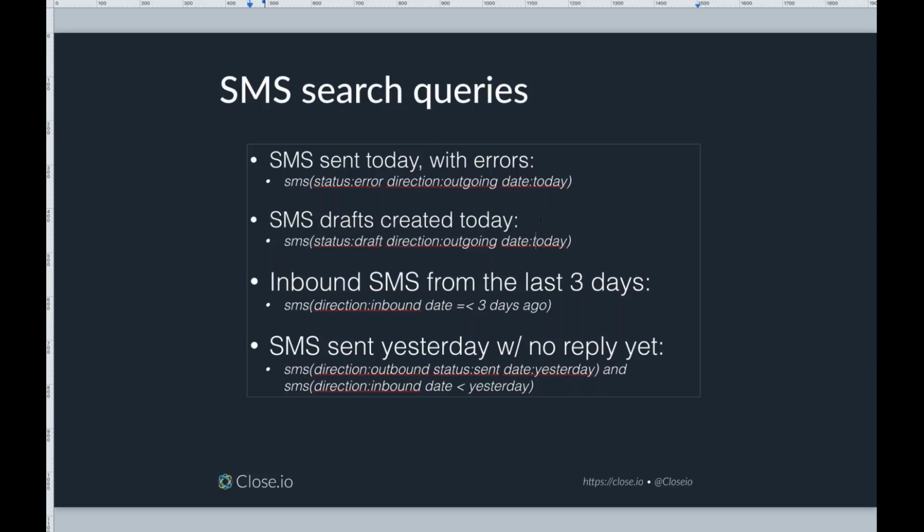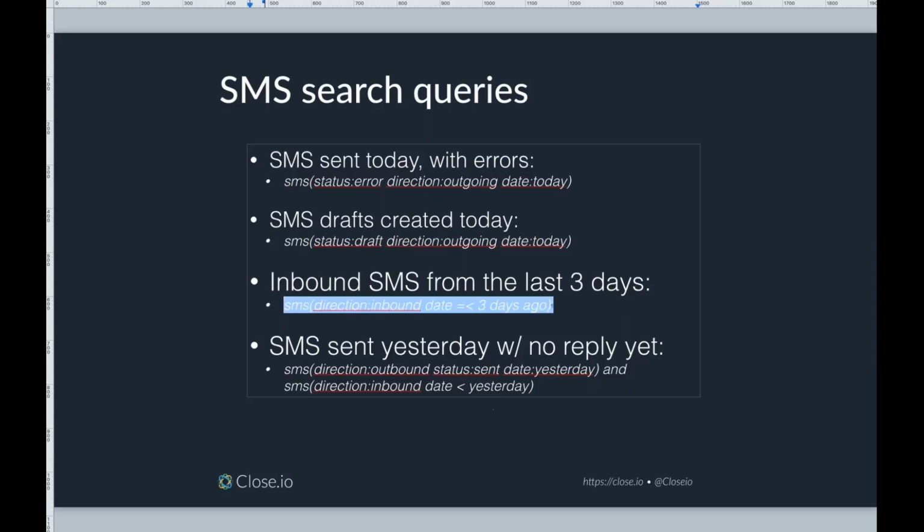The next one is inbound SMS from the last 3 days. So this is if you wanted to see all of the messages you've received from the last 3 days, that will help you narrow down and follow up with folks that maybe have been chatting back and forth with you, and you want to send them an email or give them a call